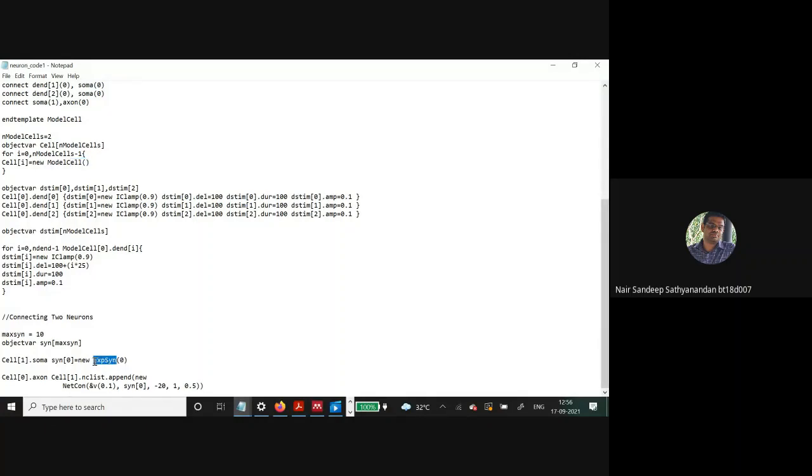That is why we are creating that synapse 0 as an exponential synapse. Now cell 0 dot axon, you append to that list, and then you connect that synapse 0. Synapse 0 is that exponential synapse, and this is the threshold after which you want to generate an action potential, minus 20, and this is the point at which you are connecting that synapse. So this is how the 2 neurons are connected.